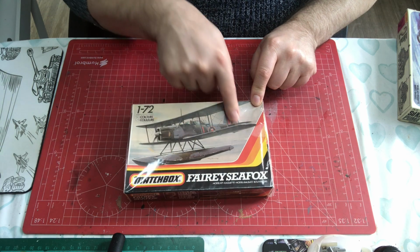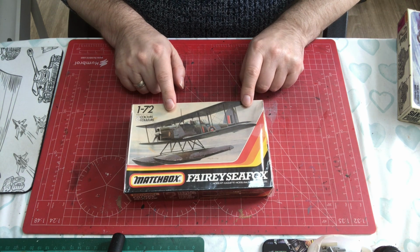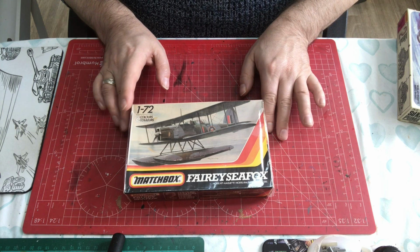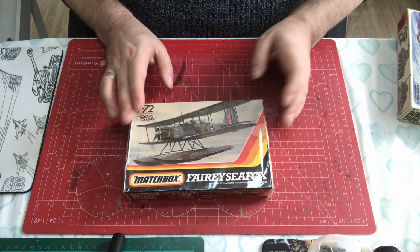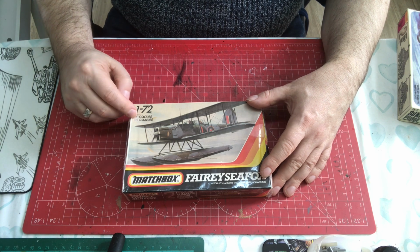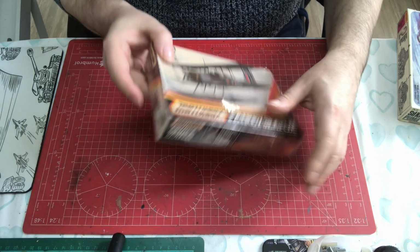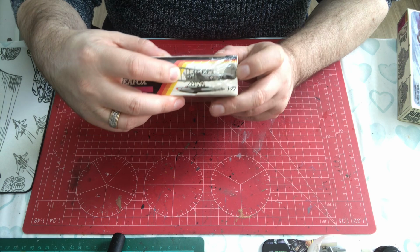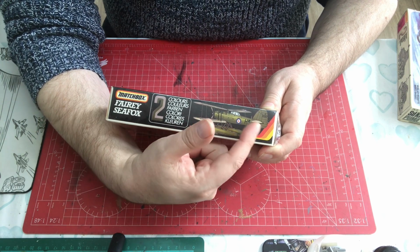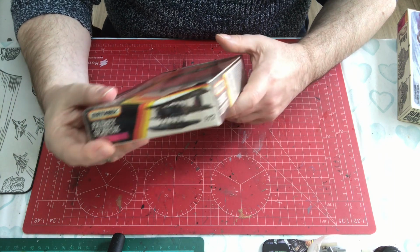So we have this lovely piece of artwork which was used for two of the boxings. The first two boxings had this on, and actually the only real difference between this and the 1992 boxing is the part code and one or two layout format differences, but not much. On the front it tells us it's 1:72 and that we've got two colours of plastic in, which many of you, I'm guessing, will know was a Matchbox thing to have multiple colours. On the side we get a different picture, and that is the one that I think gets used quite a bit on other boxes. We've got the two colour logo there and a drawing of the kit on its floats. Got the same on this side, has the part number on the two sides,